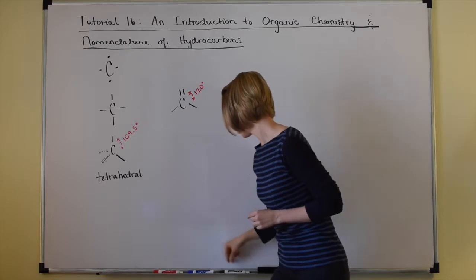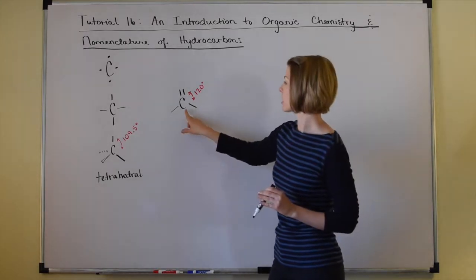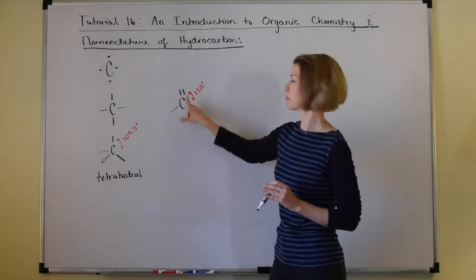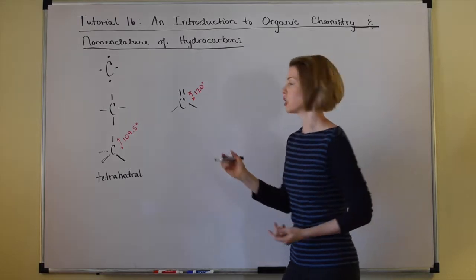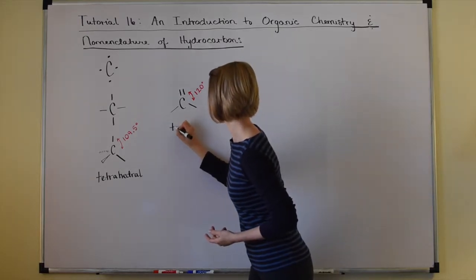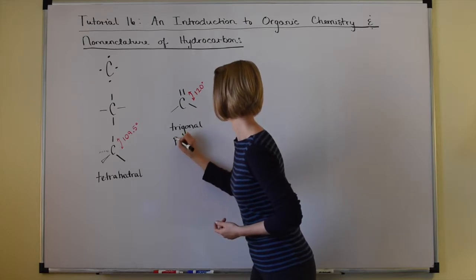And you might recall that we referred to the molecular geometry about the central atom, in this case about this carbon, as being a trigonal planar geometry. So I'm going to go ahead and write that here. Trigonal planar